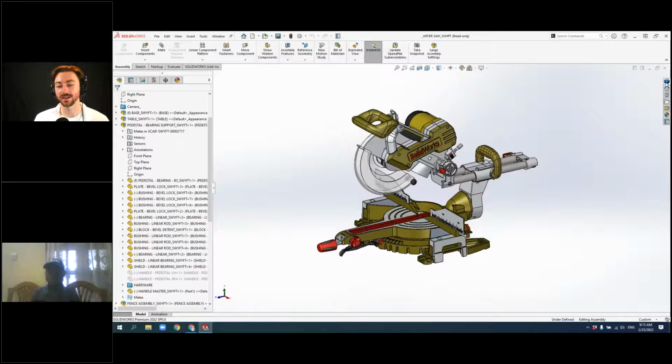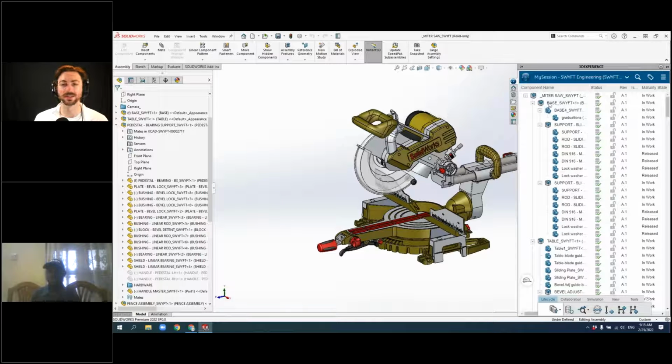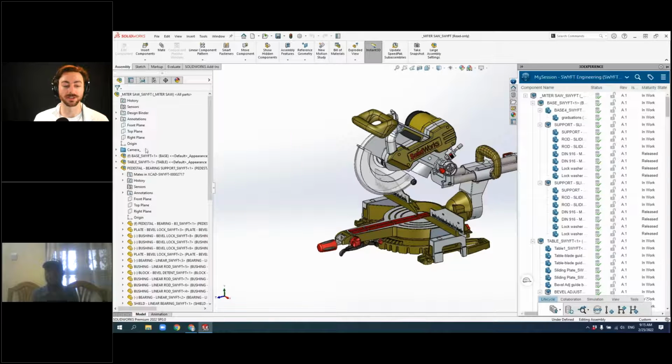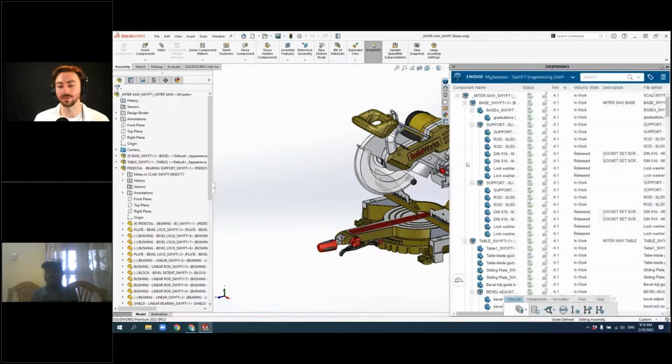So if I actually click on that, this is called My Session. This is the data management that's built in to SOLIDWORKS through the offer of 3DEXPERIENCE. So you're able to actually manage all of your data right from within the SOLIDWORKS window. Now with this window, you'll see a live view of the feature tree or the assembly tree here, and you'll see each individual subassembly and component. And then you can expand this out even to get more information beyond just the name of the file.